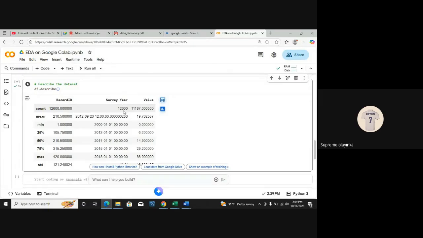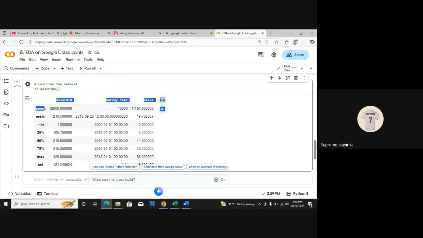What's that supposed to mean? Counts. That means we collected data for 12,600 days. Then we have value. So we have date and time, basically that's what date time means.